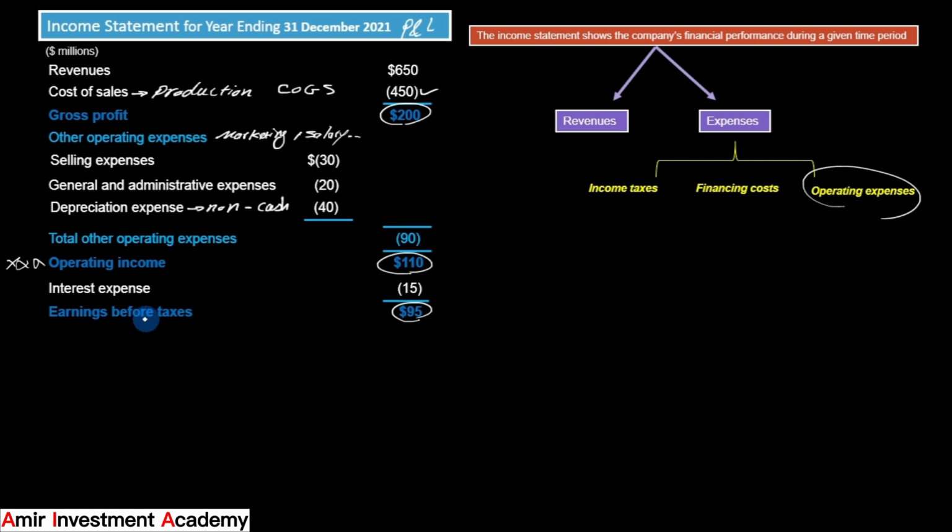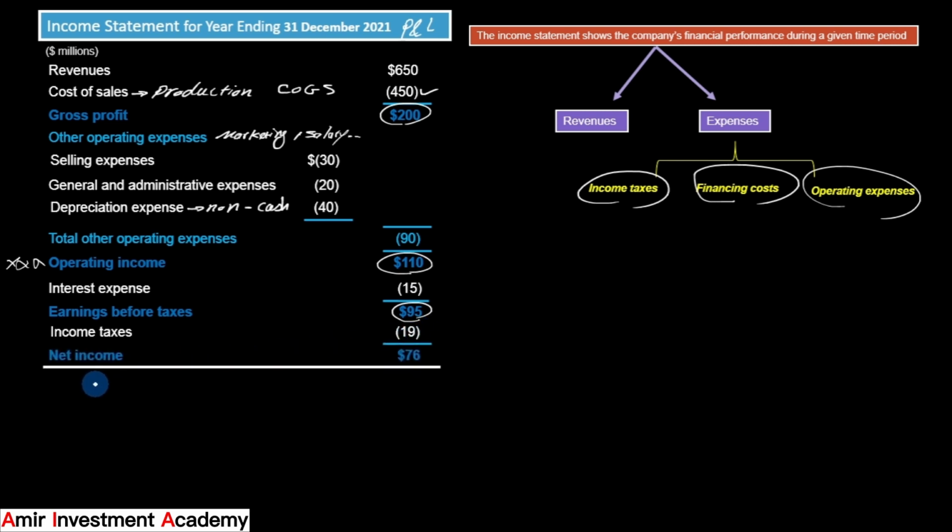And as you can see here, we call this earning before taxes. So we have gone through this one as well, but we still have to deal with the taxes, right? You got to pay taxes. You can't, again, take this and run. You got to pay your taxes. So let's assume the income tax that you're paying is 90 million. Again, you deduct that from this. You will get to a number